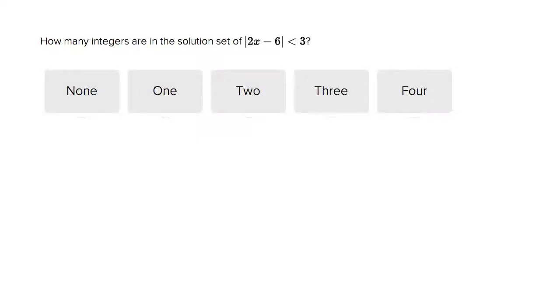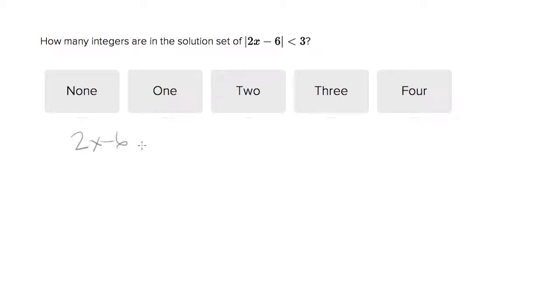This is the real-time rows, and this is a hard question because they're not giving us very many clues. They want to know how many integers are in the solution set of the absolute value of 2x minus 6 is less than 3. So first we need to come up with the two different universes. So there's a universe where